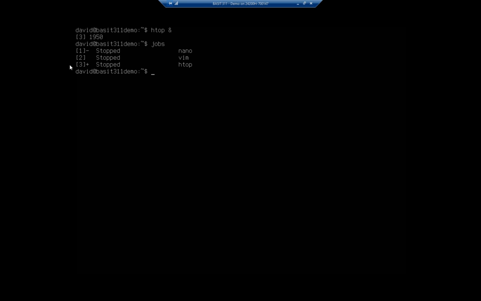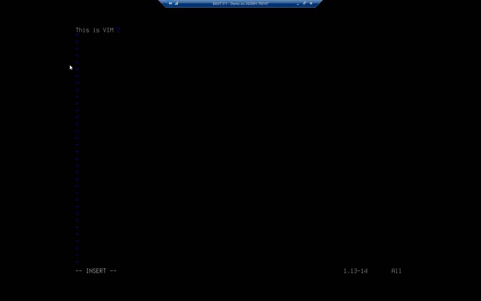Now I can go into any of those jobs. I'm going to foreground my Vim, and I'm going to work here a little bit. By the way, it's important to note that Control-Z works, you just want to be sure. Go back to fg. I'm going to go to insert mode. This is Vim. Control-Z. Notice it doesn't